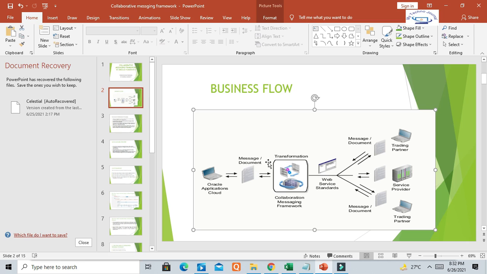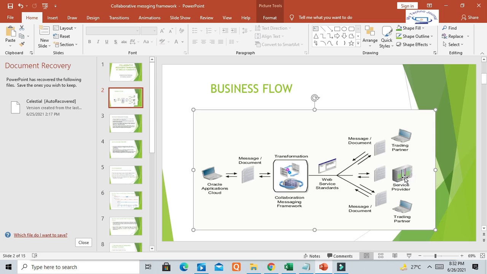How does it happen? This document will be transformed through the collaboration messaging framework, come to this tool, and through a standard web service, it will move to the trading partners. But here we have to select the seeded service provider, that is, what kind of service provider we are selecting, and that service provider will help to transmit the document to trading partners.